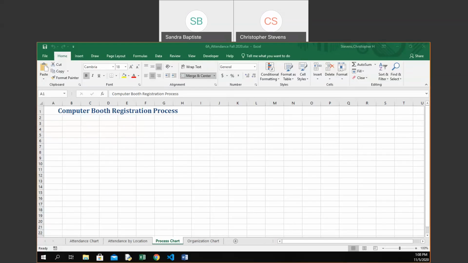And we'll look at how to use SmartArt to make a chart of some kind. We'll use an organization chart. So let's get started. On the Insert tab,